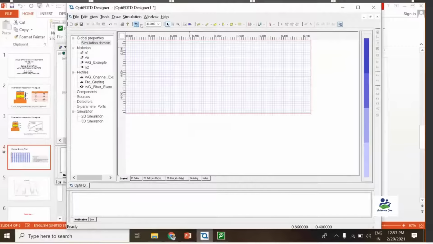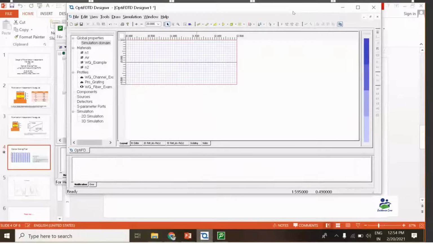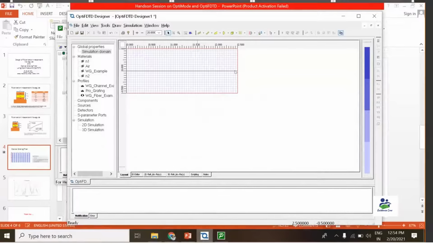Now this is all the substrate and the wafer design we have done. Now we have to create gratings over here, and for the creation of the grating, we simply use the photonic crystal component property over here.